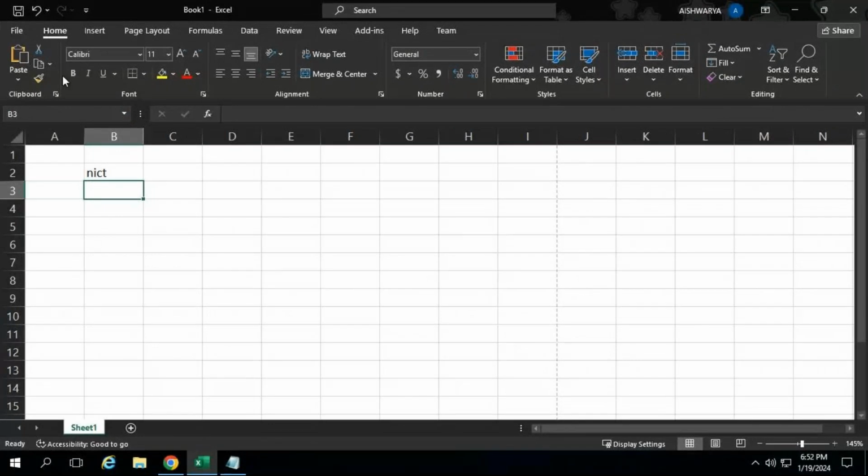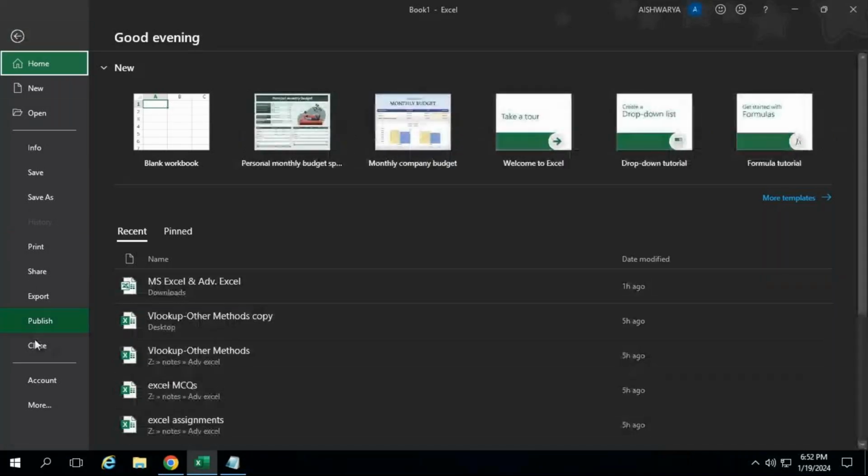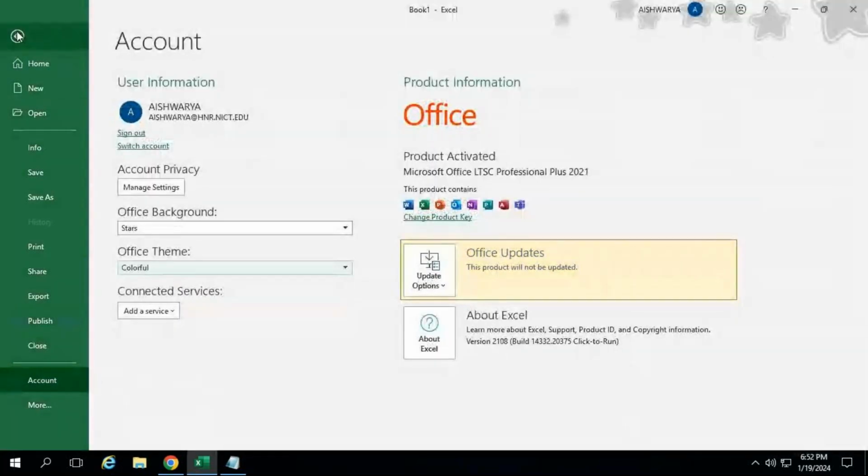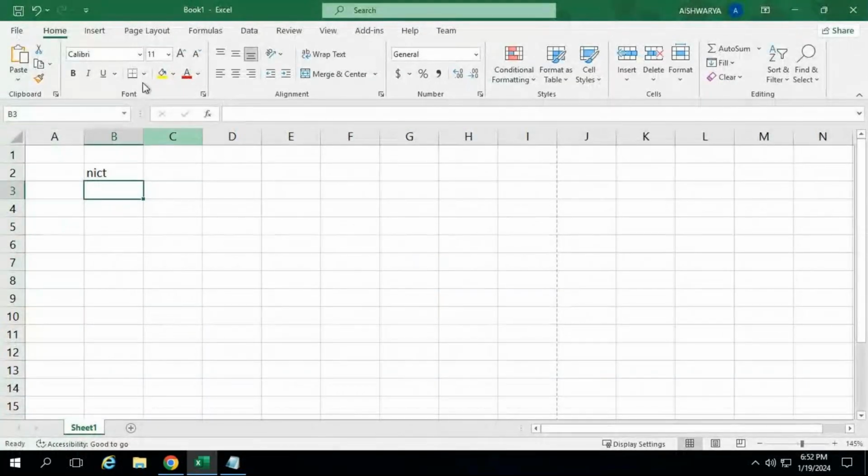Comparatively, the options will be visible clearly. Otherwise we were only using the colorful or white theme. So this will be more visible. All the options